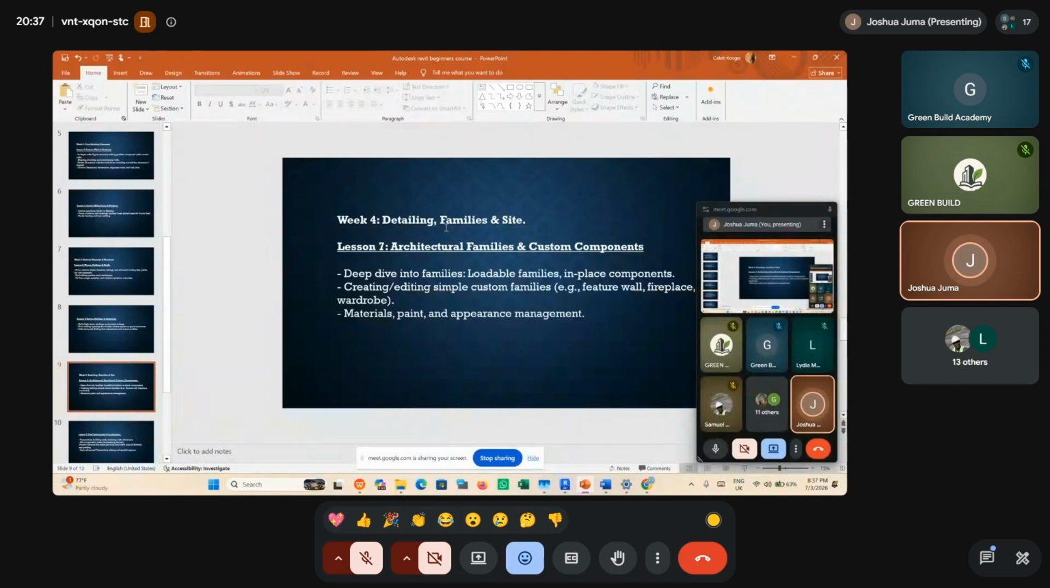Week 4, we'll be doing detailing, we'll be doing families, and we'll be doing site. So detailing, first of all, we'll be doing families. Just as I said, objects in Revit, they are called families. They are not just objects, because everything is loadable as a family. For instance, if you want to put a chair, if you've designed a space, you want to